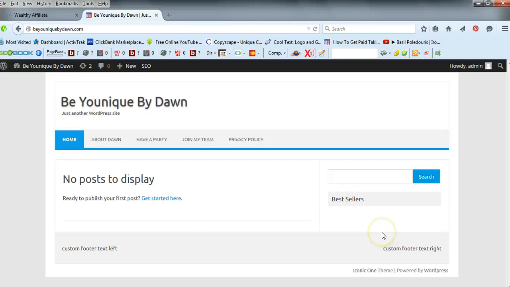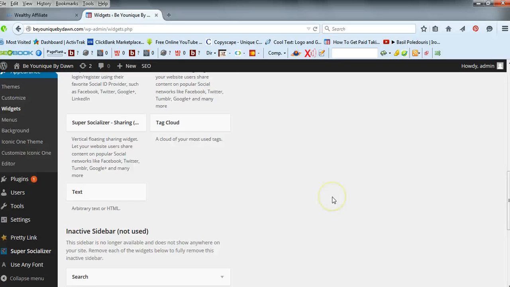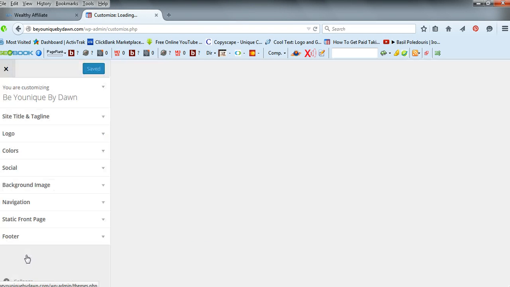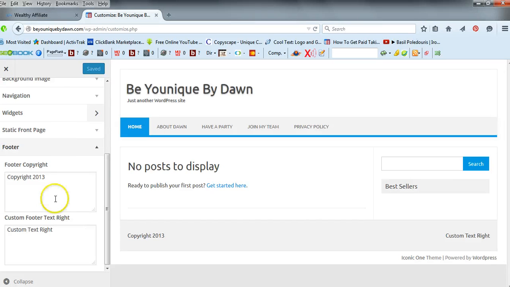Now the last bit we want to look at is changing these custom footer texts at the bottom. So if we go back to widgets, you'll find that there's no area on here to customize your footer. That's because they move it somewhere else in this particular theme. Now you've got two options here: customize iconic theme and iconic one theme. If we go to customize, this allows us to customize some basic bits of our website, and the thing we need is footer. So if we go underneath,